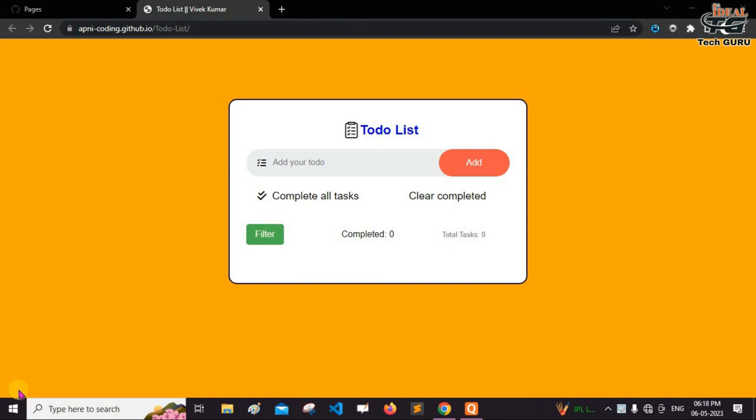Today I would like to share with you the to-do list application. I created this application using HTML, CSS and JavaScript. First of all, we discuss what a to-do list is. A to-do list is a simple but effective tool that helps individuals stay organized and manage their tasks more